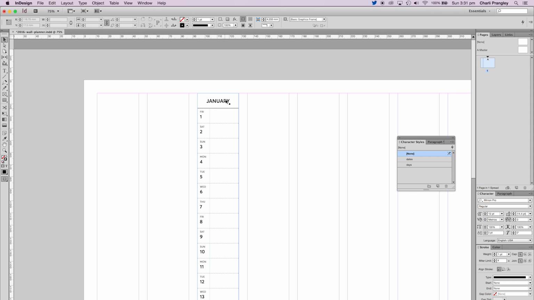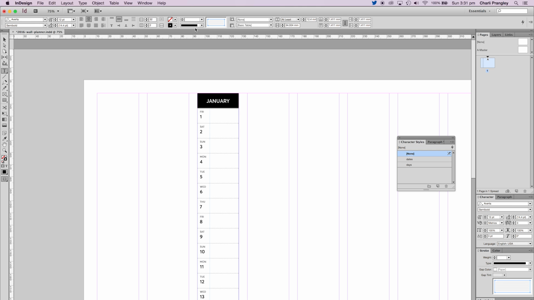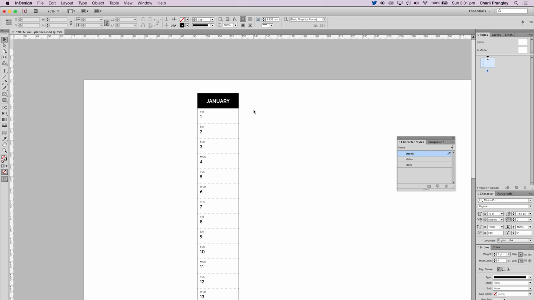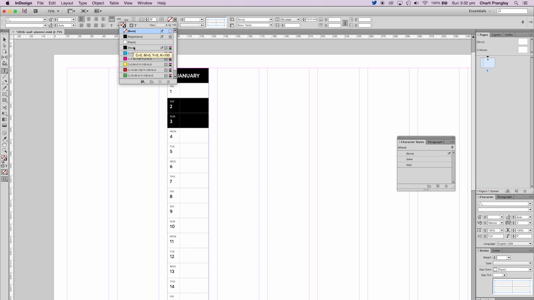I'm working only in black and white with this wall planner because I know it's going to be cheaper to print, so I'm making the background of my month black and the text white so it stands out. I gave my weekends a 10% black background so they're shaded and I can easily see my days off,